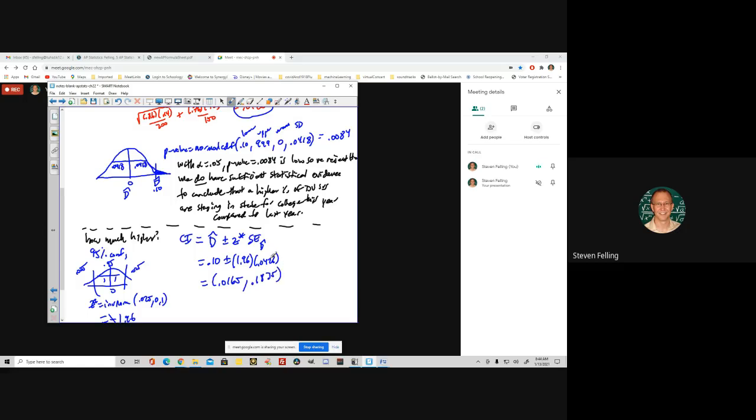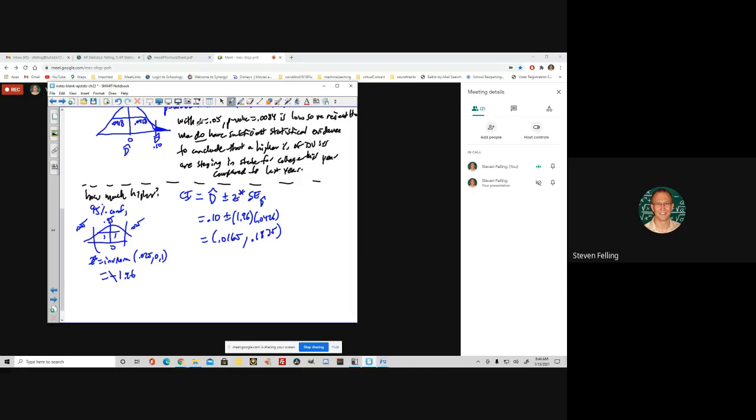And so the way we might write this up would be something like: we are 95% confident that the true percentage of all DV seniors staying in state for college this year